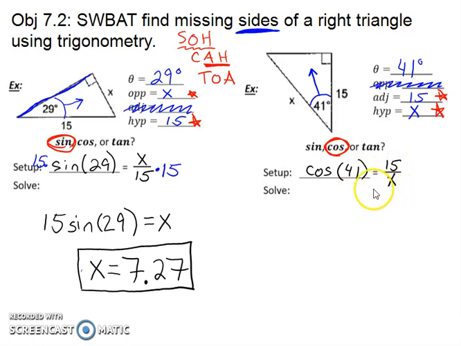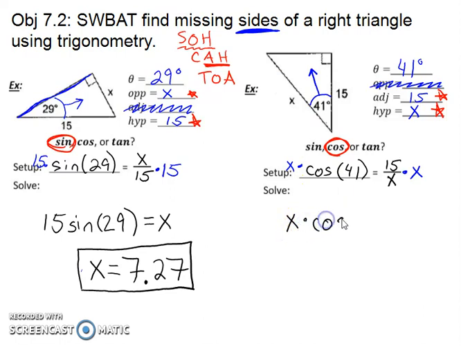Now, you might notice why we're doing this second example. In the last example, the variable we were looking for, x, was in the numerator. In this example, it's in the denominator. And we're still going to start the same way, but it's going to end up being one more step. So in the last example, we multiplied by the denominator, times 15, times 15. We're going to do that here too, times x. It's just, unfortunately, this isn't going to get x by itself for us. So when we do this, we get x